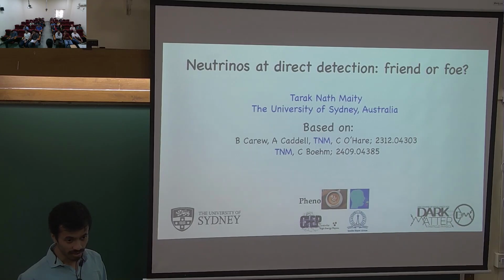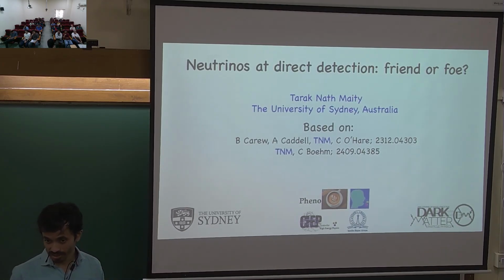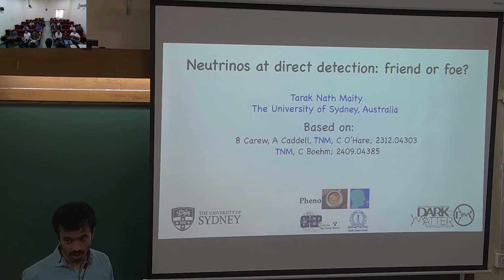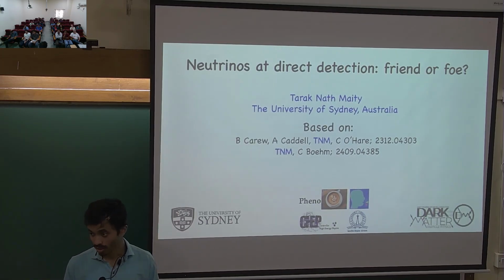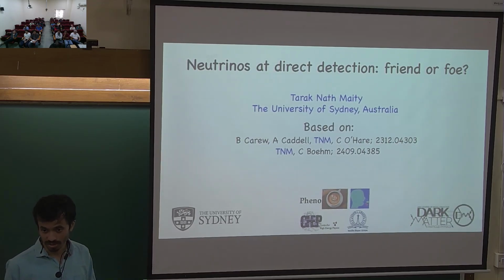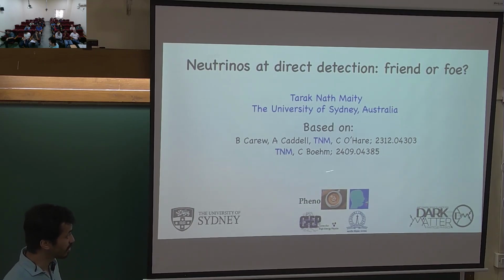And in the latter part of my talk, what I'm going to talk about is how the detection of neutrinos with current detectors like XENONnT and PandaX could help you to measure a standard model parameter, perhaps at the lowest energy scale. In particular, the standard model parameter that we could measure is the weak mixing angle. So this talk would be primarily based on these two papers.